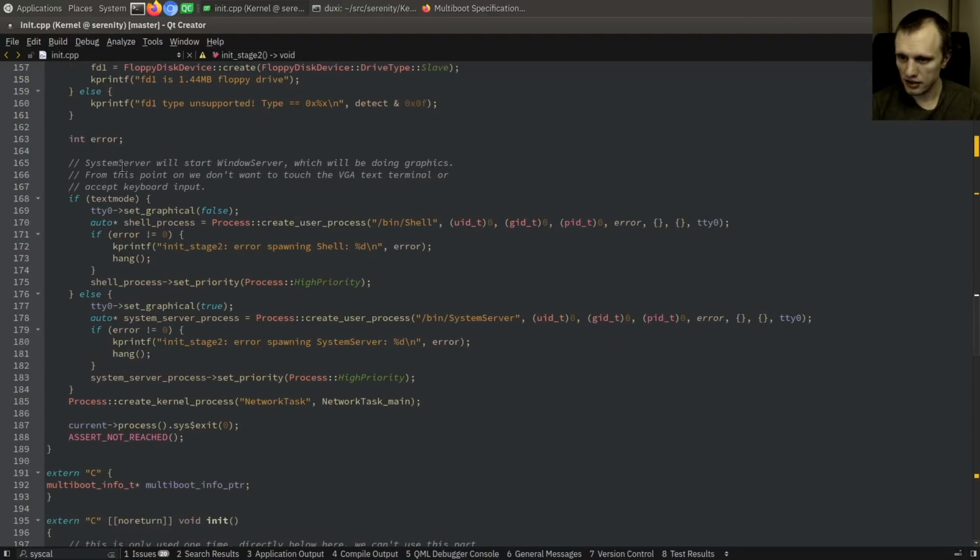Anyways, here is where, if we're booting in text mode, like I mentioned earlier, then we will just create a shell. But if we're booting outside of text mode, so regular graphical mode, then we boot this program called the system server, and we say that the first terminal is graphical. That just means that we will let the Windows server deal with incoming keyboard and mouse events and stuff like that, and we don't try to hog them and act like there's a text